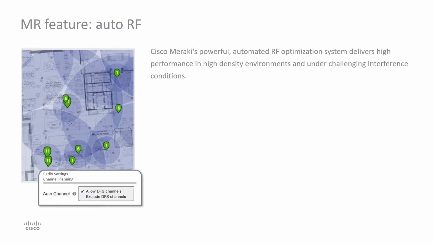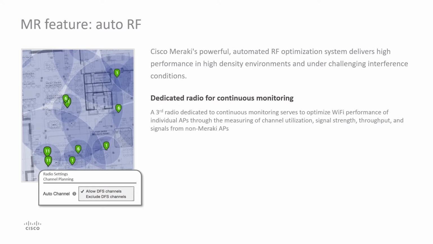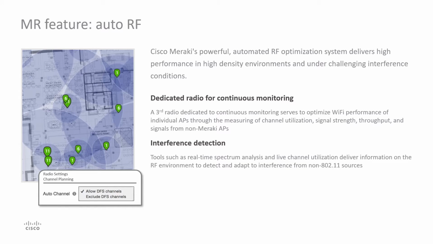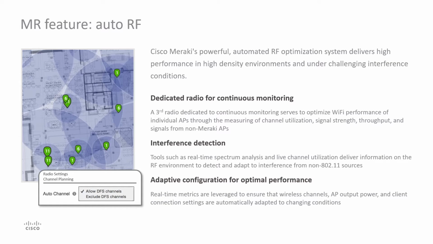The access point periodically samples the RF spectrum and retrieves interference metrics. These metrics are then uploaded to the Meraki cloud. The Meraki cloud, then armed with real-time and historic data, continually assesses the health of the entire network, dynamically tuning the wireless channel selection, transmit powers, and clients' connection settings to automatically adapt to changing interference conditions, ensuring optimal wireless performance.